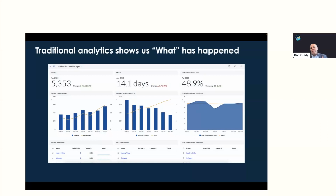But I've been doing this a little while, and one of the things that I've learned is that information tends to be one of the most addictive and contagious things out there. You give somebody a little bit and they always want more. So the first thing that happens when we get a dashboard like this out the door, before we can even start high-fiving ourselves that we got this dashboard out the door, is someone in leadership starts asking,